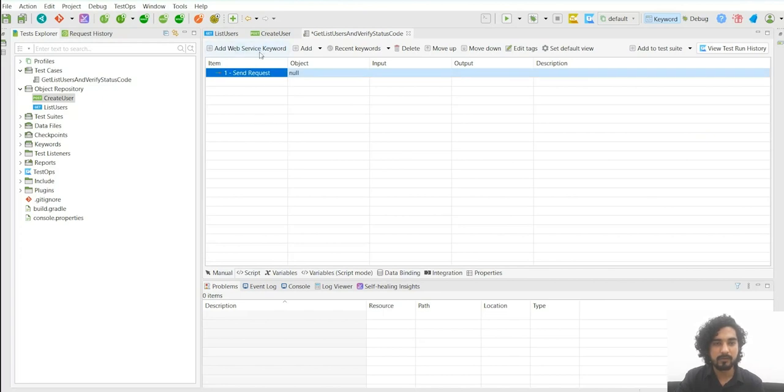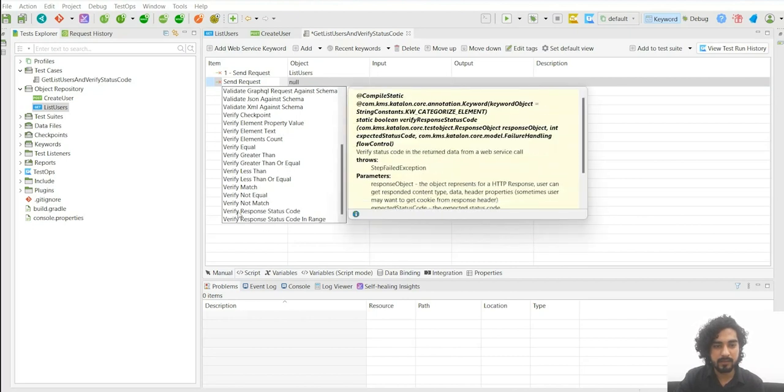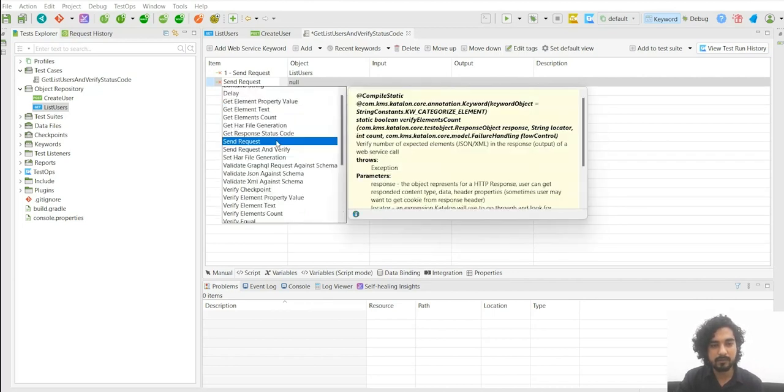So first of all, I'm going to add one web service keyword, send request, and in the object I'll have to pass this get request. Simply we can drag and drop over here, and now this test case is sending the request list users. Now if you want to verify the status code, we have another web service keyword for it, which is basically verify response status code. This is the whole library, and you can go through it if you want,